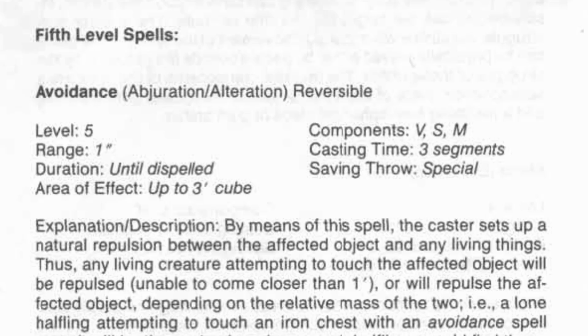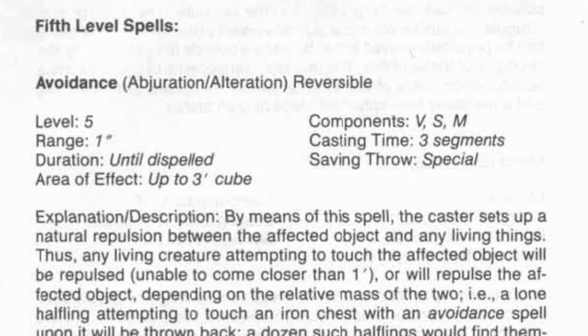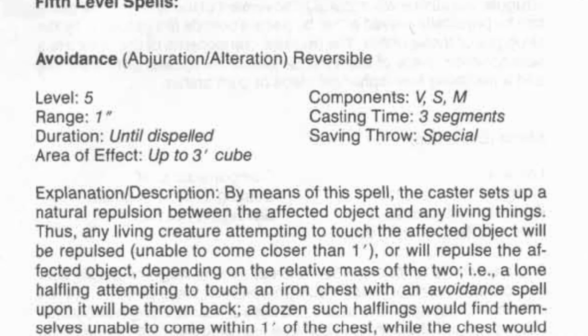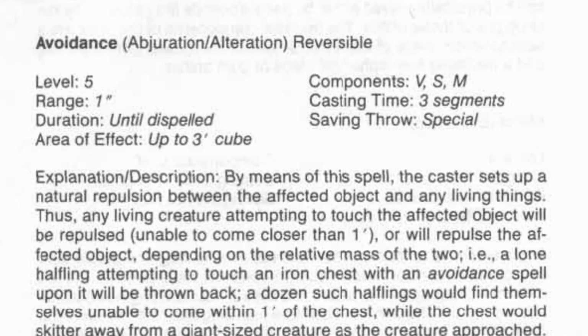It has a range of 1 inch. It will last until dispelled, has a casting time of 3 segments, and the area of effect is up to a 3-foot cube. By means of this spell, the caster sets up a natural repulsion between the affected object and any living things. Thus, any living creature attempting to touch the affected object will be repulsed, unable to come closer